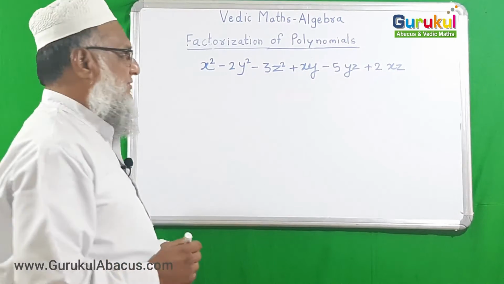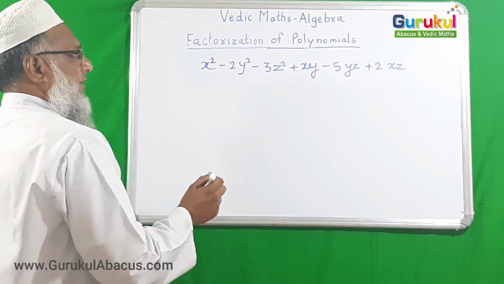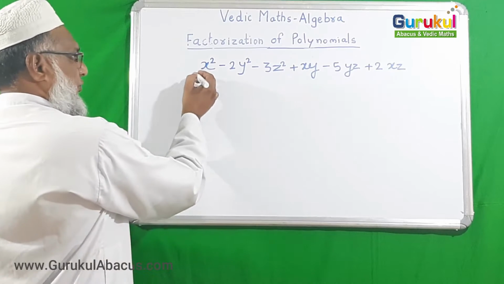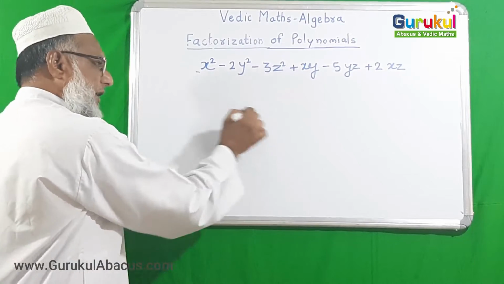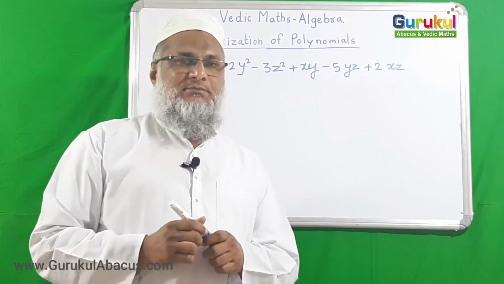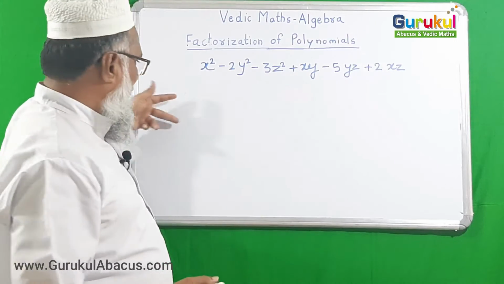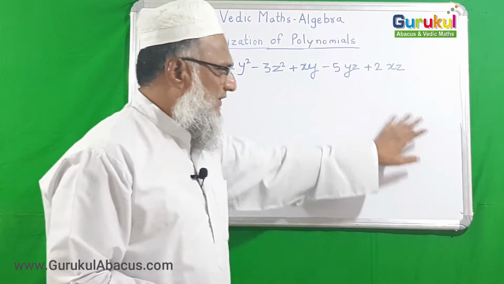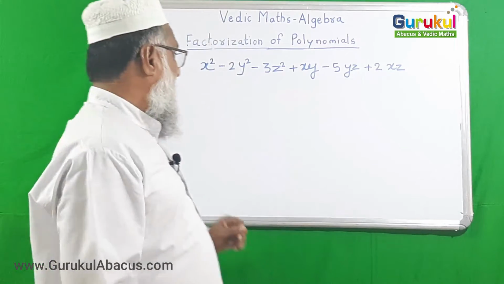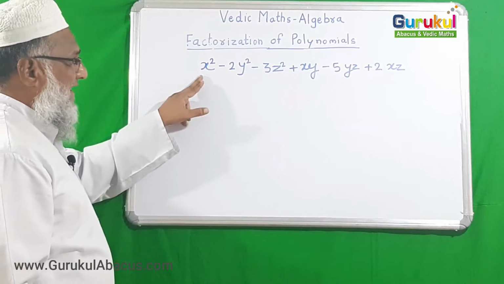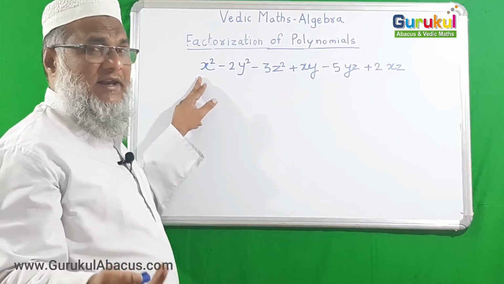So the rule I am just going to tell: if any variable whose coefficient is 1, nothing written so it is 1, that you must take to lapse down. Again just keep in mind, here there are three variables x, y, z. Any two variables you can lapse out, and with the help of that you can find the answer, just like the previous example. But here you must lapse out x and any one from y or z.